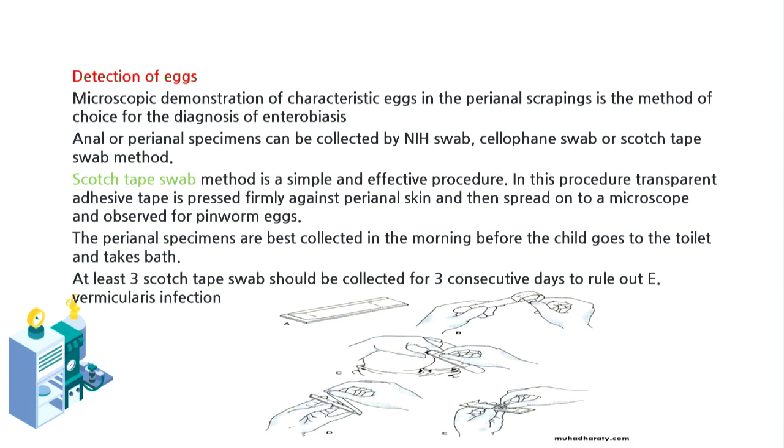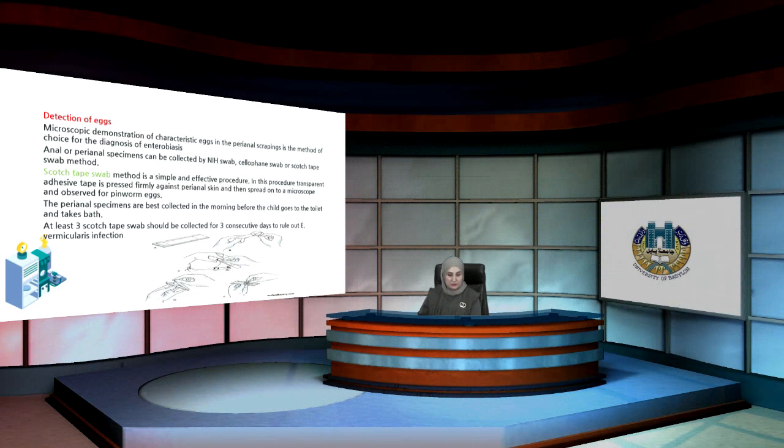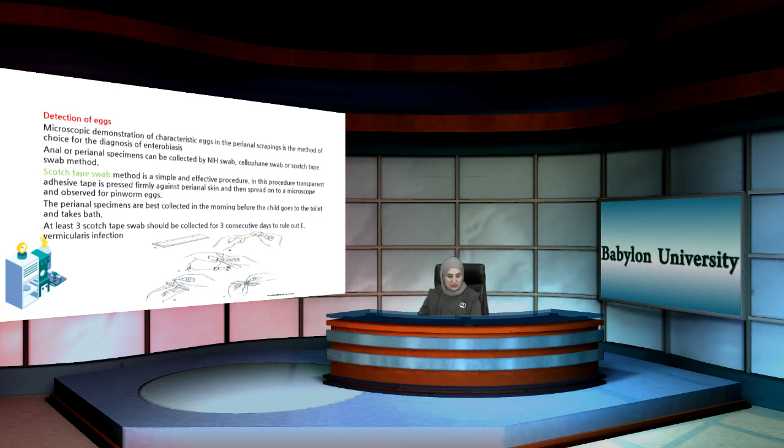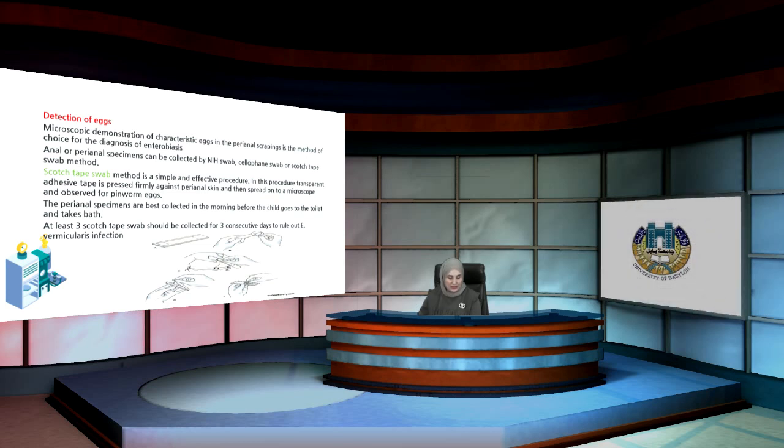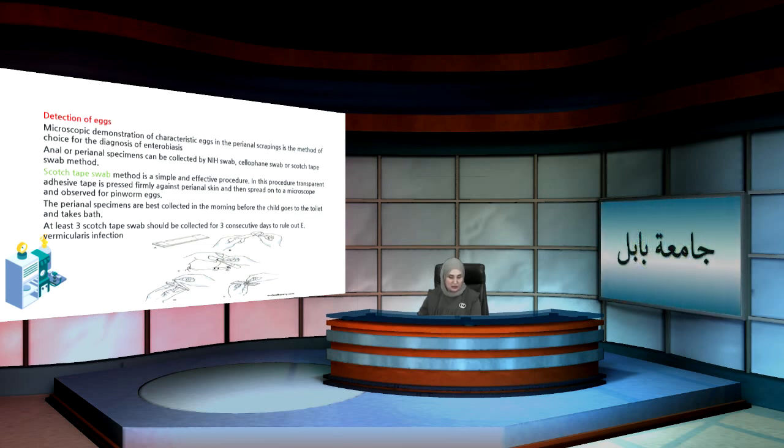So prevention methods such as hand washing and clothing hygiene are critical in preventing pinworm infection. The Scotch tape swab is a very simple and effective procedure, pressed firmly against the perianal skin, as you see in this picture. Here the mother takes the sticky tape and presses it on the anal area of the child, trying 3 to 6 times,